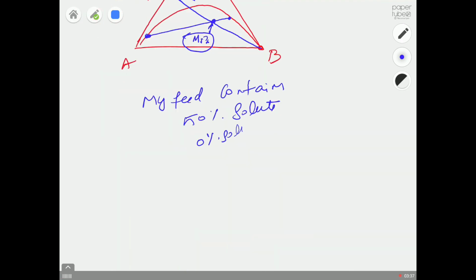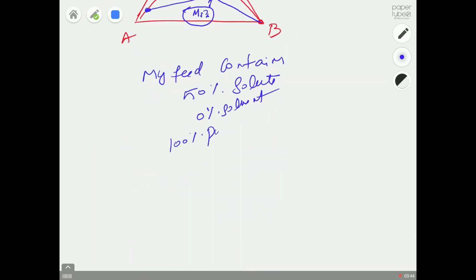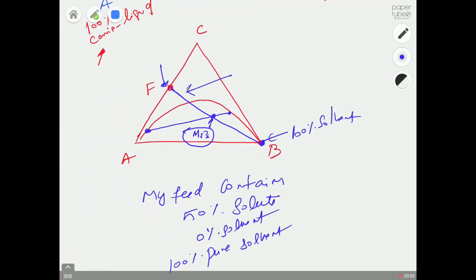0% of solvent. That will be at this point, and then I am using a 100% pure solvent, that will be somewhere around this point. This is your 100% solvent. So now we can draw this line, and then in the exam I can give this type of diagram, and I might even give some other tie line, say somewhere around here,